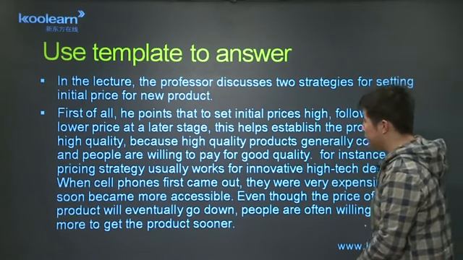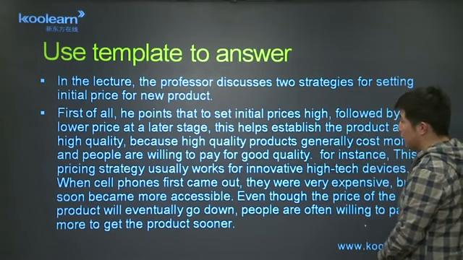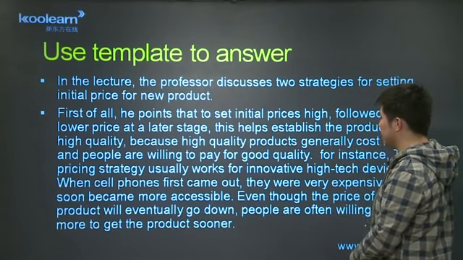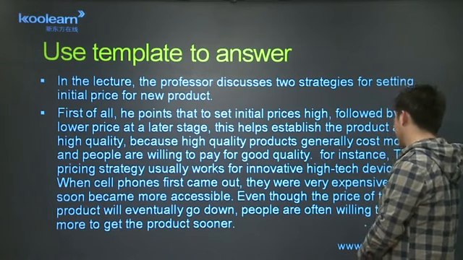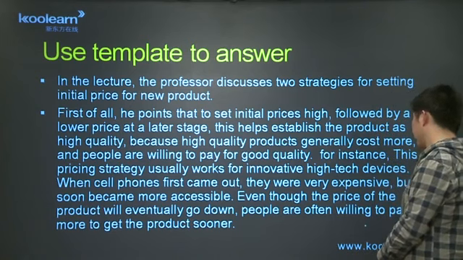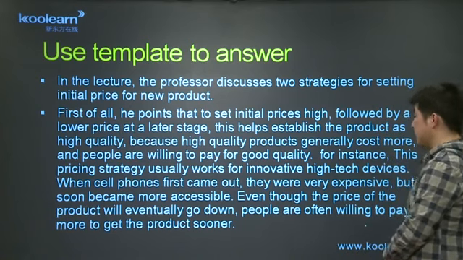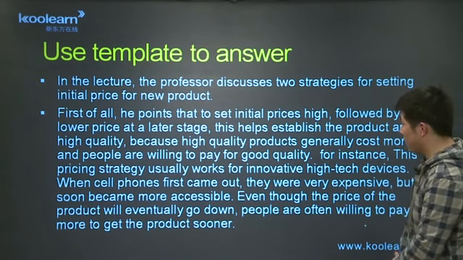For instance, this pricing strategy usually works for innovative high-tech devices. When cell phones first came out, they were very expensive, but soon became more accessible. Even though the price of the product will eventually go down, people are often willing to pay more to get the